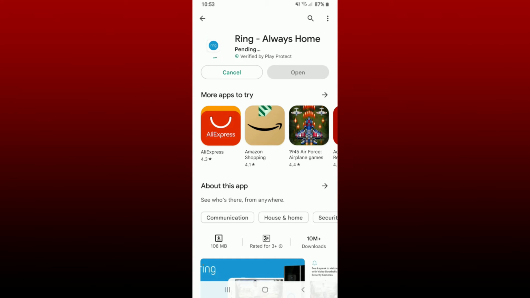Ring is a free application that allows you to monitor and control all of your Ring devices in one place. The app connects to your Wi-Fi network and sends you instant alerts whenever people press your doorbell or trigger the